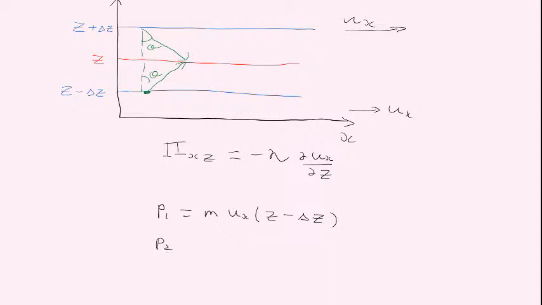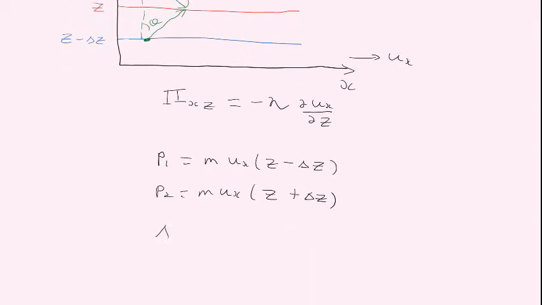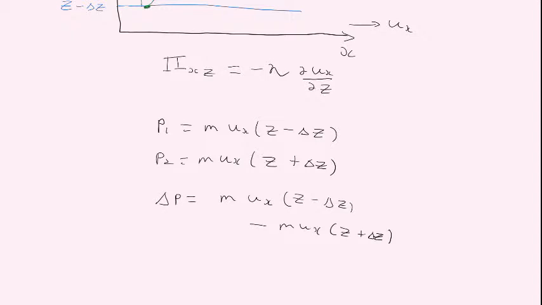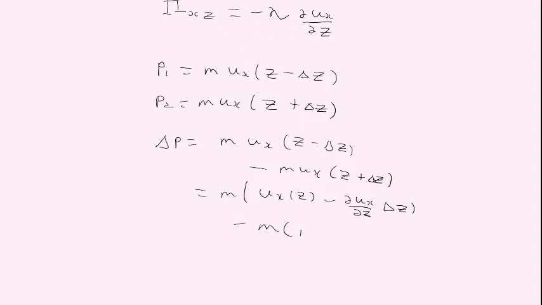The momentum of that top particle is given by m ux(z plus dz). So the net contribution for both of these particles crossing the boundary is going to be m ux(z minus dz) minus m ux(z plus dz). Notice that I've taken this term to be second, because we're taking the particles going up to be positive. And if we Taylor expand that, we get ux(z) plus the partial derivative of ux with respect to z times dz, minus the same for the other term, plus some other terms that we're going to ignore, and that gets us minus 2m